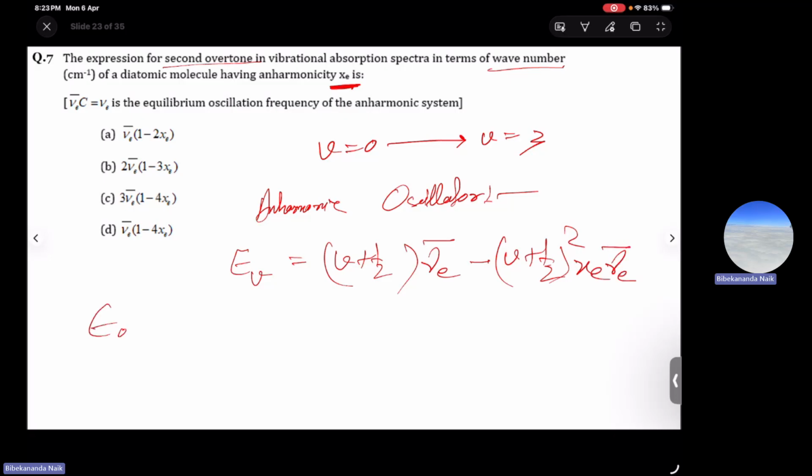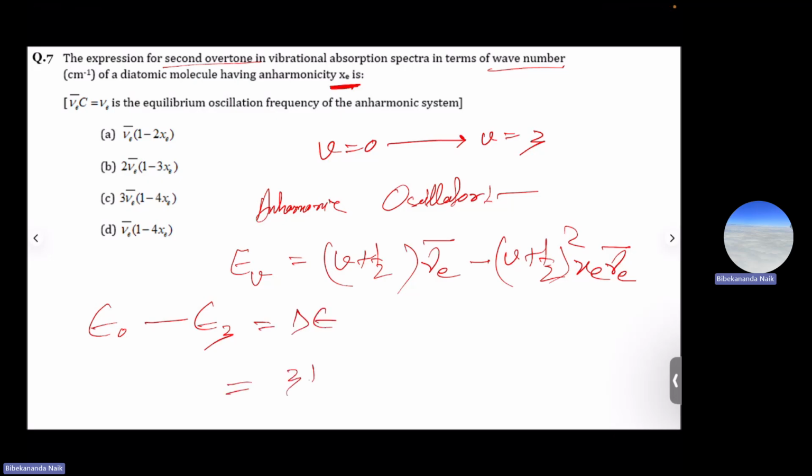So when E0 to E3 transition occurs, delta E will be (3 plus half) nu e bar minus (3 plus half) square xe nu e bar